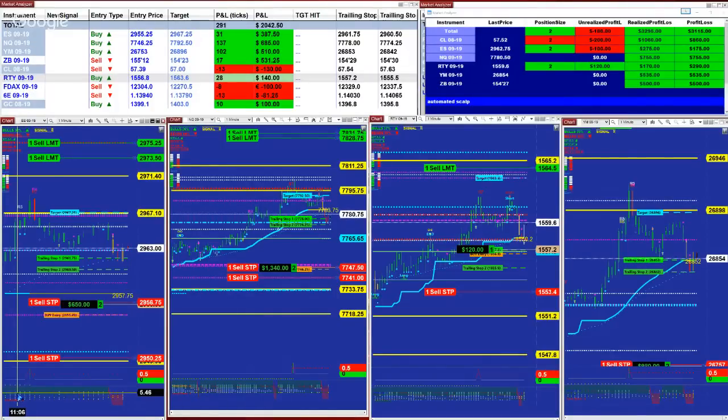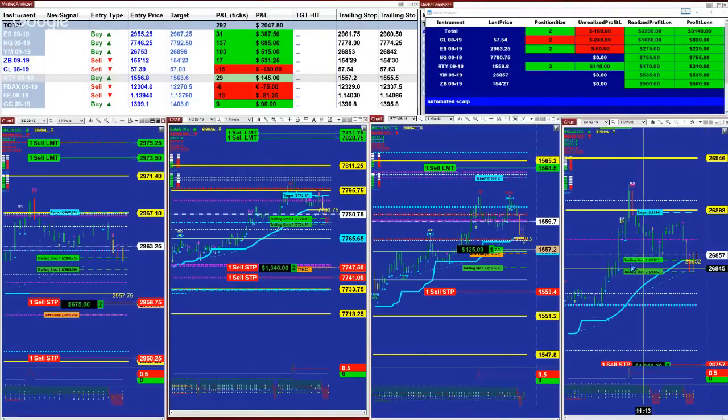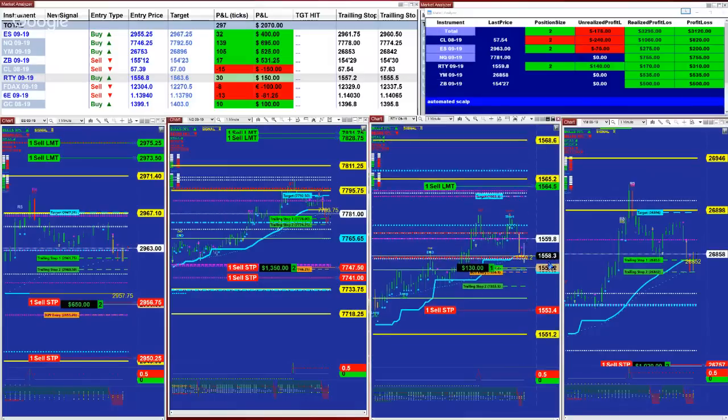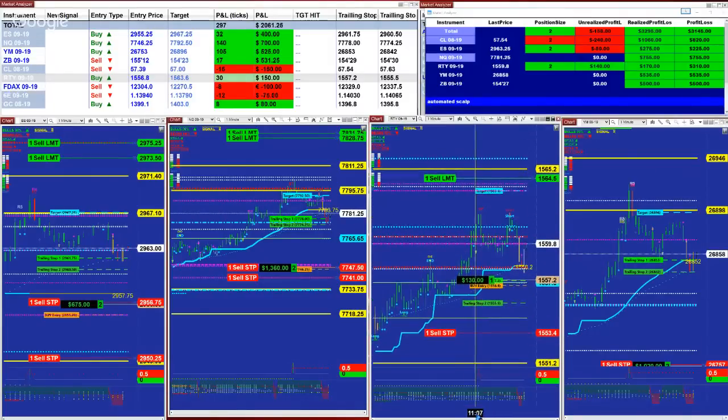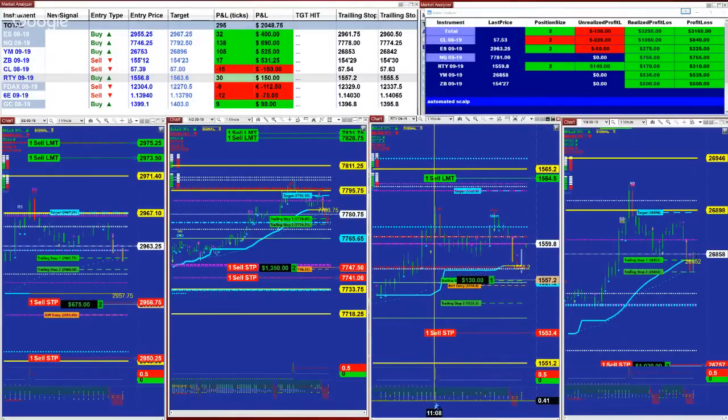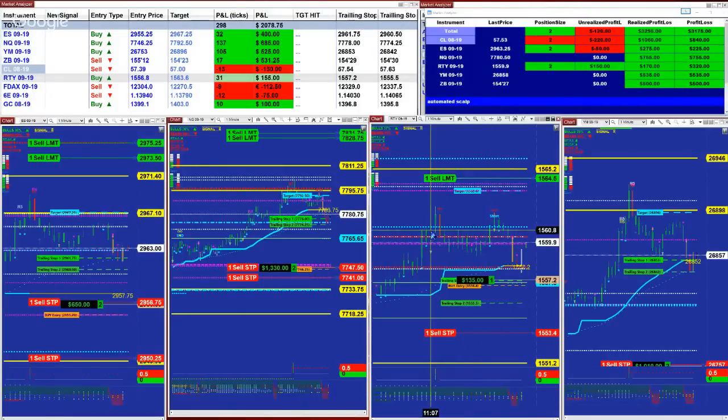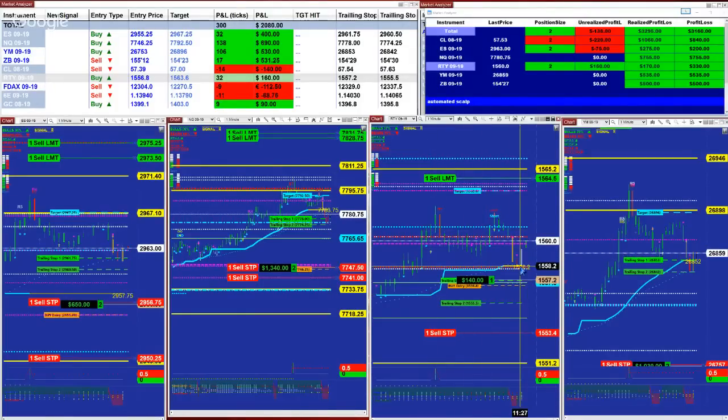The only thing in those areas is the pullback re-entry, as we see on the Russell. It came in exactly to those numbers, and those numbers are plotted on your chart. We don't need to do any drawing. We don't need to do any preparation before we come in. And as you see, this market dropped right to your re-entry price. The same story